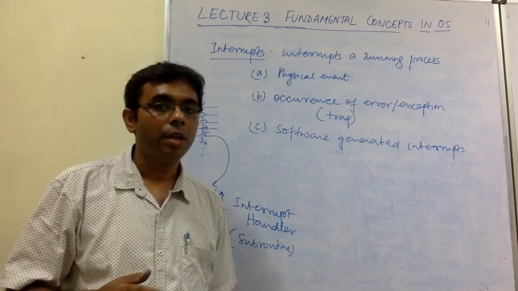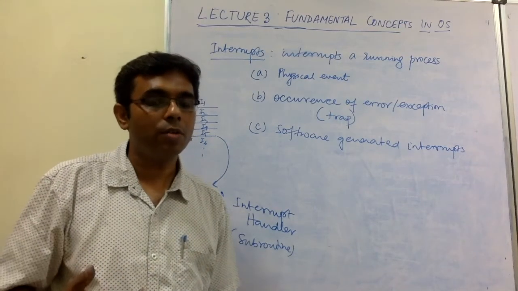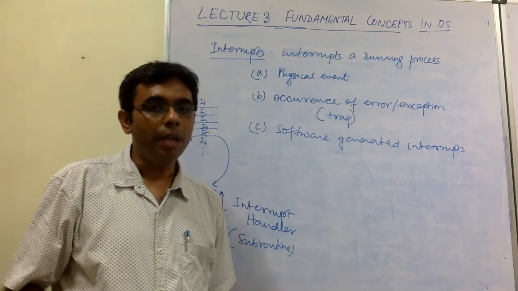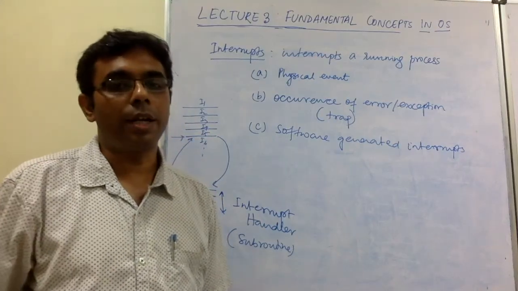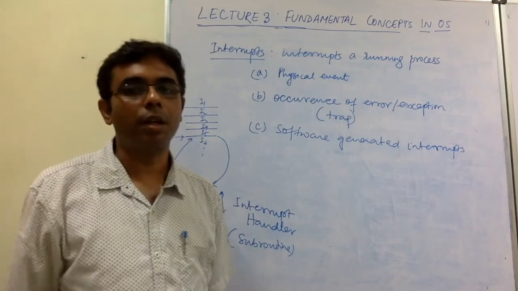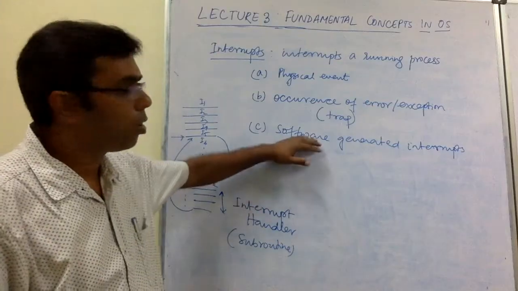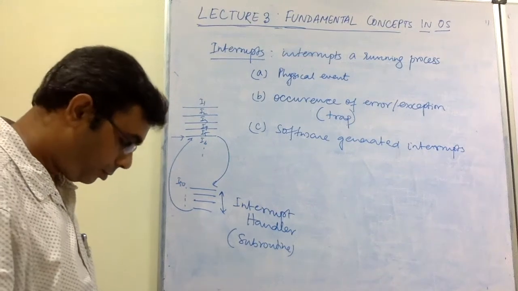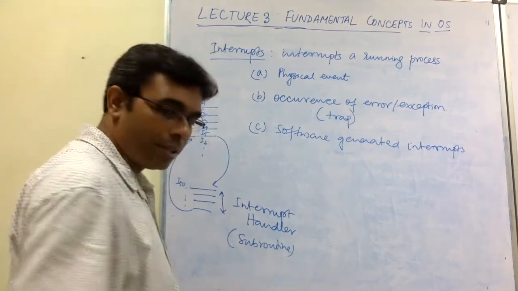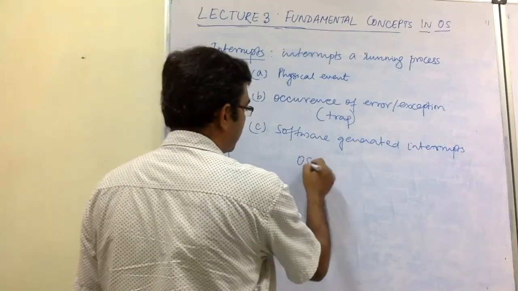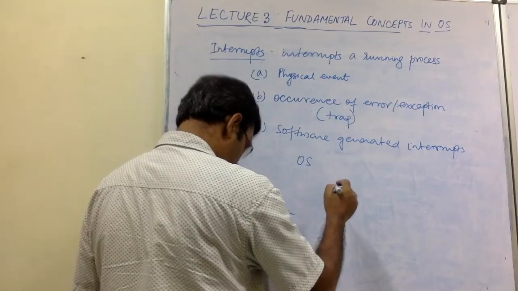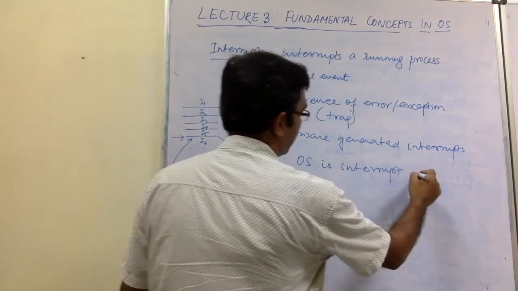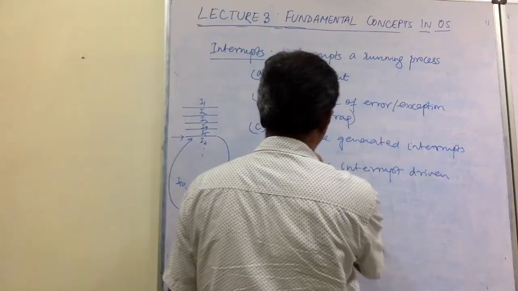But this time, it is generated neither asynchronously through some event, nor due to occurrence of an error. It's through a predefined instruction, where I know that if this instruction arrives, this is what has to be done. So this kind of interrupt generation is called a software generated interrupt. And an operating system, you can say, an OS, is an interrupt driven software,